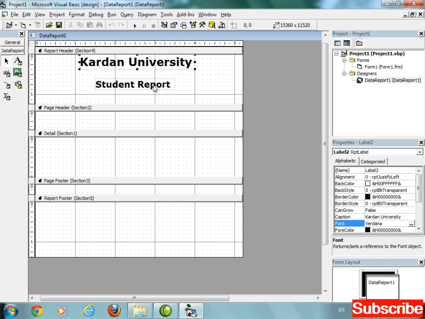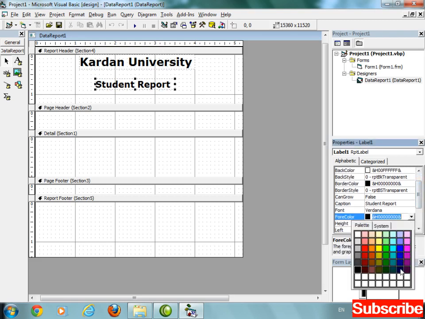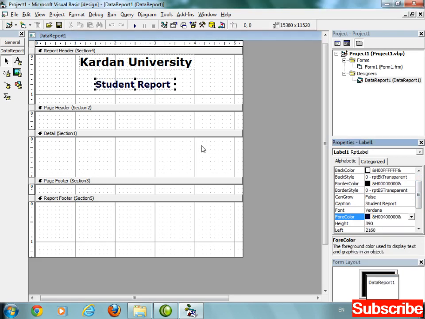Also you can change the colors from fore color. Just select the dark blue.